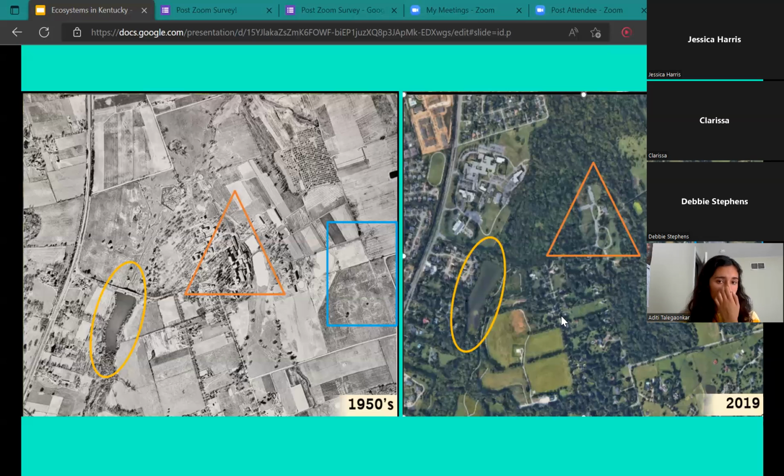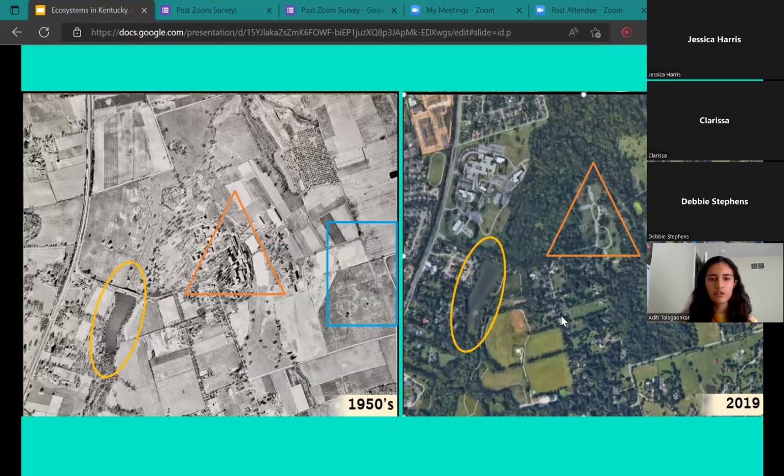So as an effort to revitalize the biodiversity that was lost through farming, the Tom Sawyer Park Foundation replanted hundreds of trees around the park's land, which is why you see this really dense area of trees in the 2019 picture. So many oak and maple and sycamore and dogwood trees were all planted around the park's fitness trails, the athletic fields, and the picnic areas. And today, the park continues to try to return the land to its native habitat, all while blending these urban recreational opportunities into the landscape.